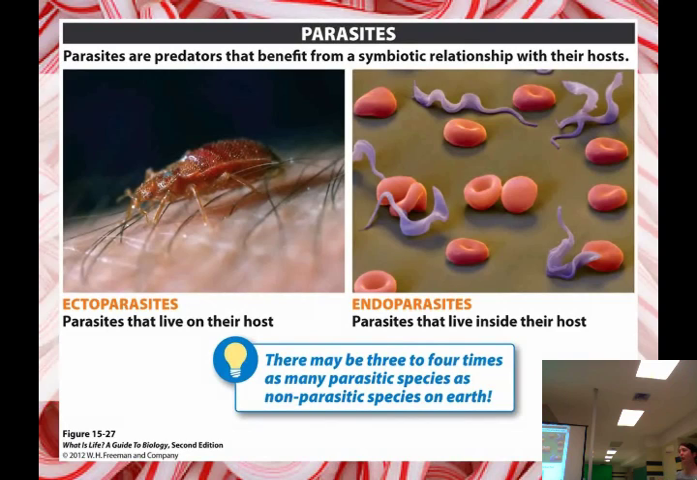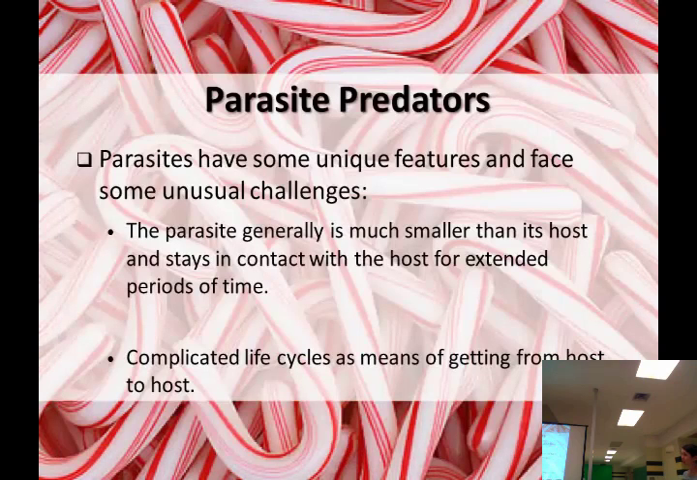And the reason that they don't kill you is because if you're a parasite and you kill off the host, then you die along with it. And so parasites have gotten so good that they don't kill off the host. They keep taking and taking and taking, but they don't want you to die or else their next meal is gone. So some parasites, as they're described as predators, have these unique features where the parasite is generally much smaller